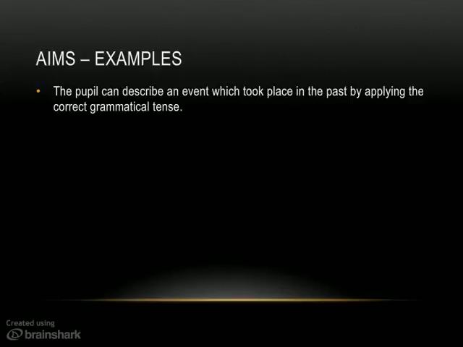The third aim is also divergent. We don't actually know what the pupils will describe. These differences in levels of ability, the three aims that I've had, will actually influence all the other choices I make for my lesson. I haven't